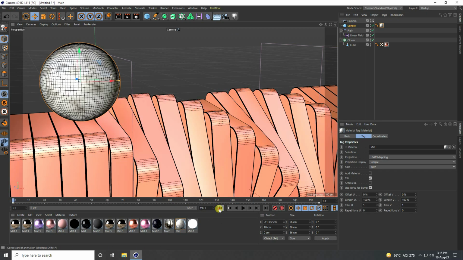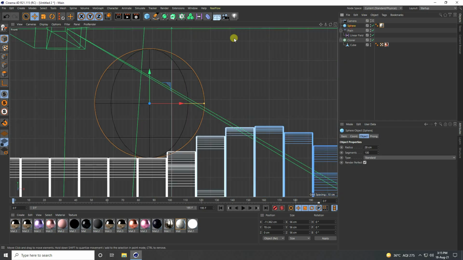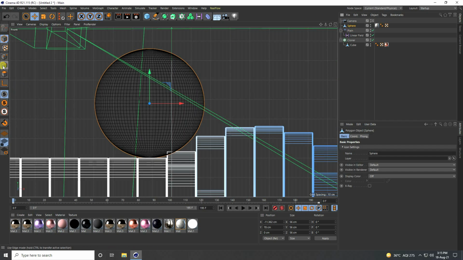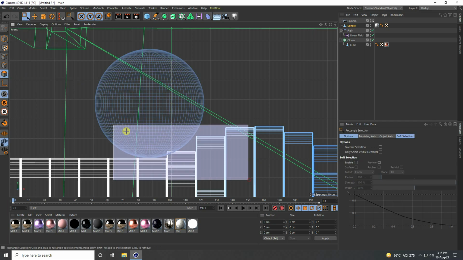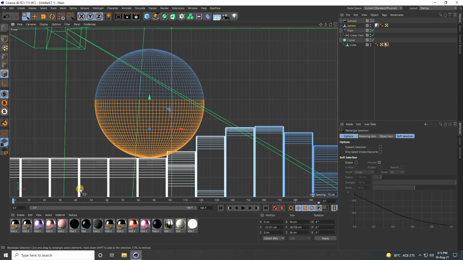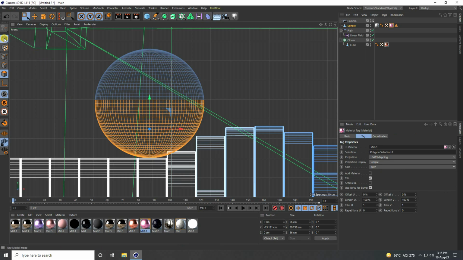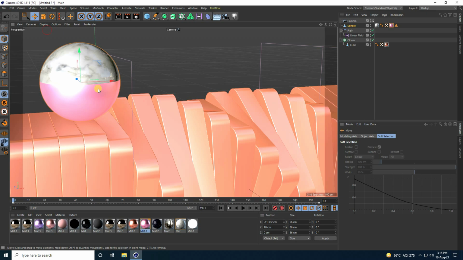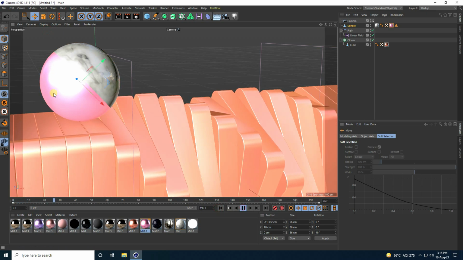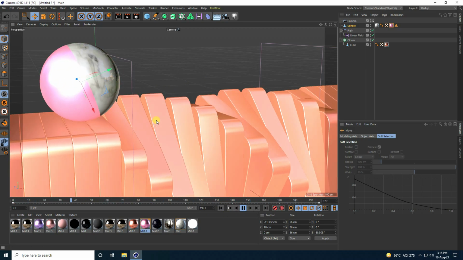Yeah, and second one, guys, go to the cloner, select this pair and make it editable. And guys, select this polygon, rectangle selection, select like this. Yeah, and right click and apply the second material. Yeah, and hide lines. Yeah, see guys, that's a beautiful animation, right? It's really smooth animation, guys.